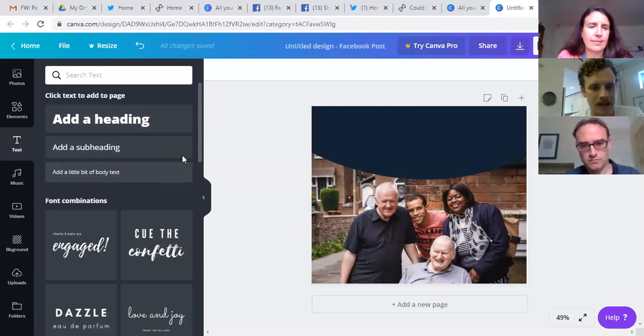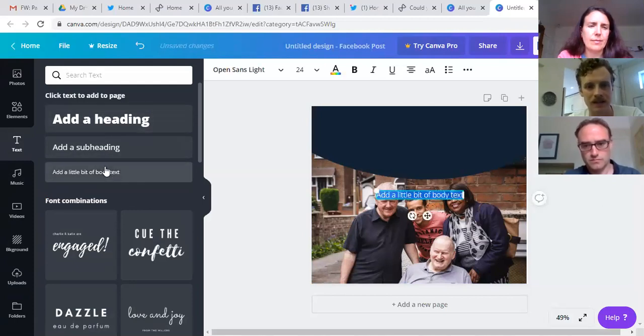You can add, I suppose we all want to add a body of text this time. But heading, these are just different sizes basically of text. They're a bit more difficult to manipulate, the heading and subheadings. They just kind of stick to one format sometimes. The body is easier to play with. If you've only got 1 or 2 words and you want them to be really bold, then it might be worth selecting that. But usually you're going to want a couple of sentences on here. So it's better to select body text.